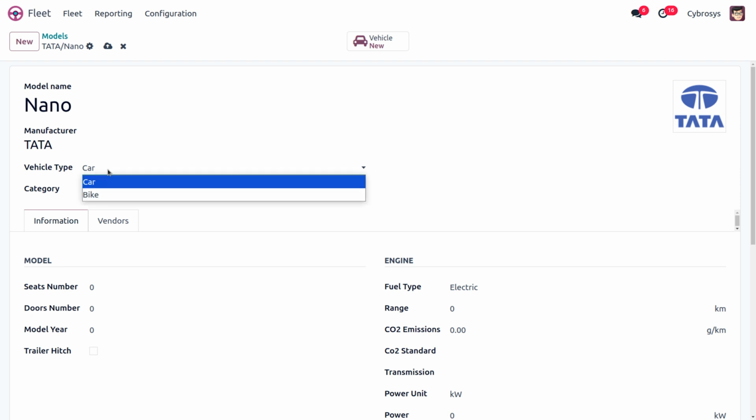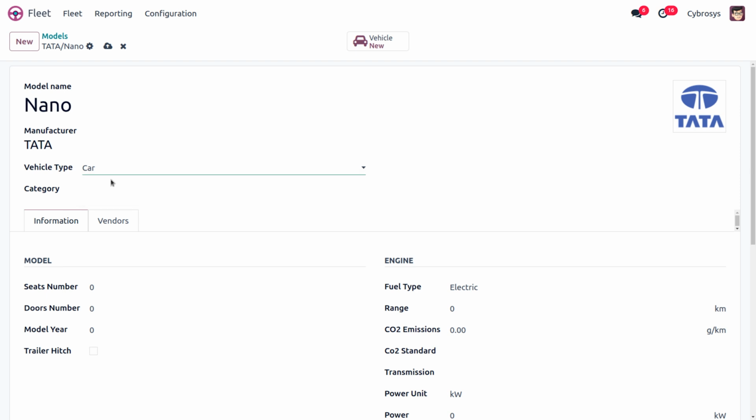It can be car or bike, so you can choose one among these. I would like to choose the car. The vehicle types are hard coded in Odoo and they are integrated with the payroll application since vehicles can be a part of employee benefits. Adding an additional vehicle type is not possible as it affects payroll.